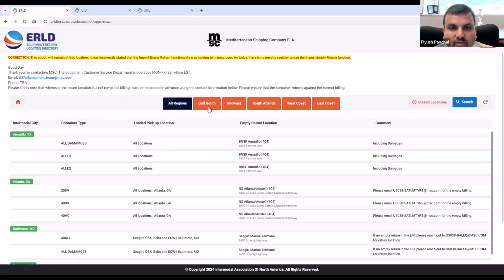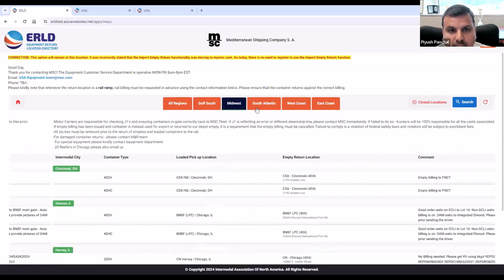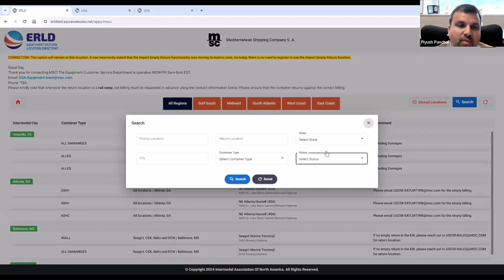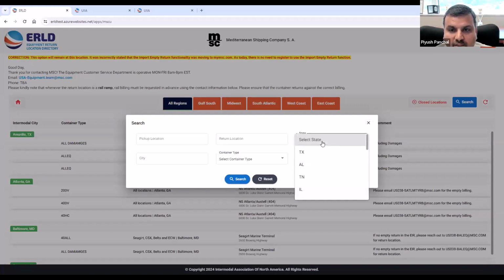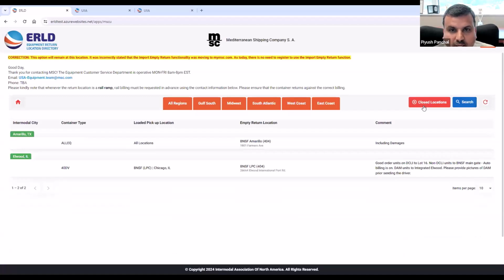But motor carrier can filter down the locations by region by going through these tabs. We have also given the ability to search the location by city, by container size, by status, open or closed, and by state. To further drill down the search, we have given an ability for motor carrier to search the closed location if they would like to figure out what are the closed locations for today, and then what are the